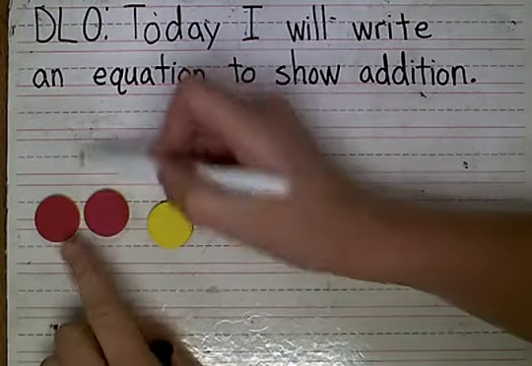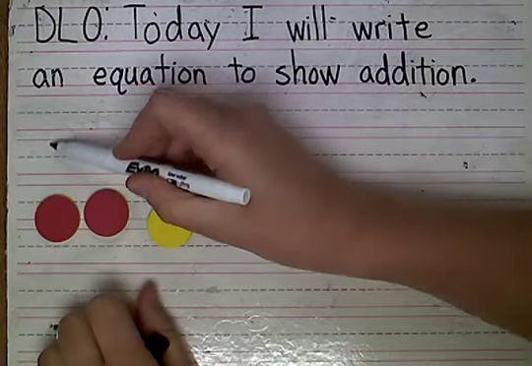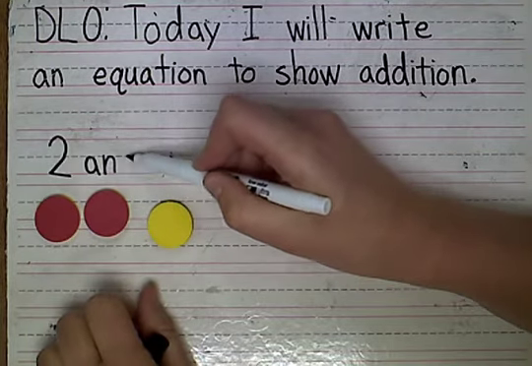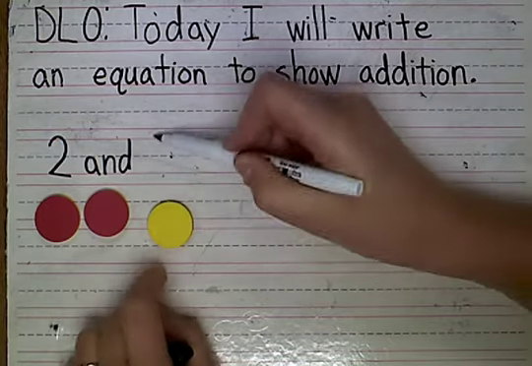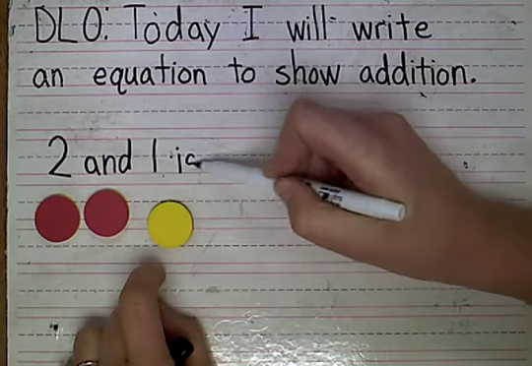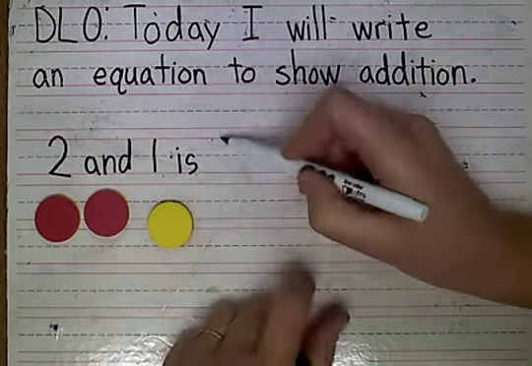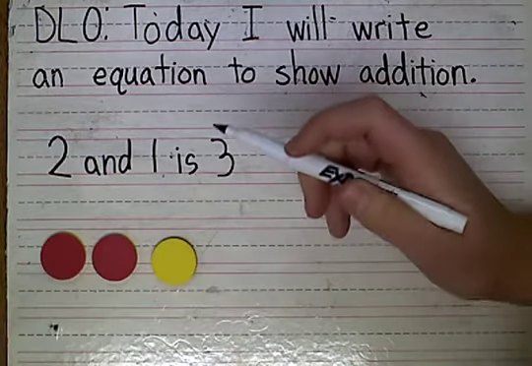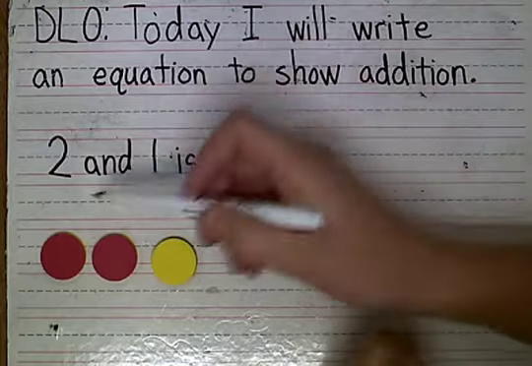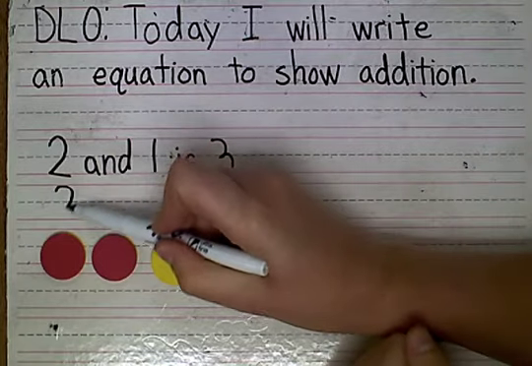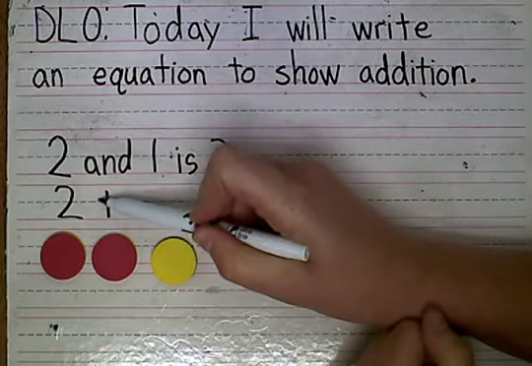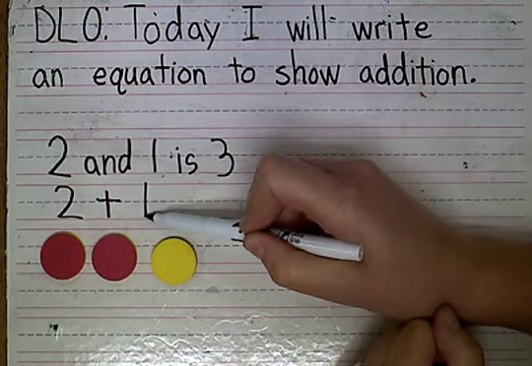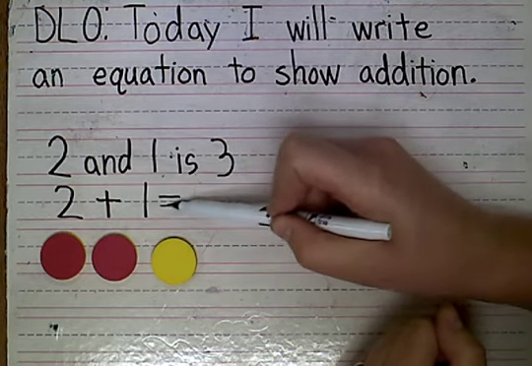Before we wrote, how many here? 1, 2. 2 and 1 is 1, 2, 3. When we write an equation, we're going to be using different signs, and a sign would be like this. So I have 2 plus, this is a plus sign, 2 plus 1 equals,